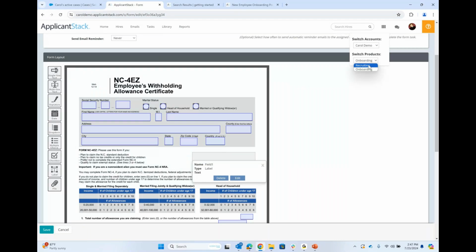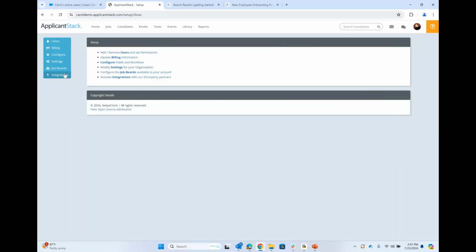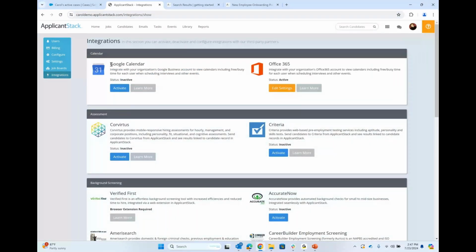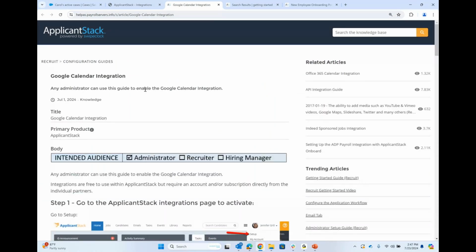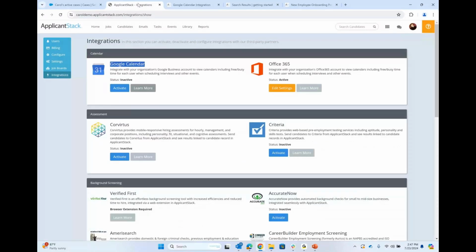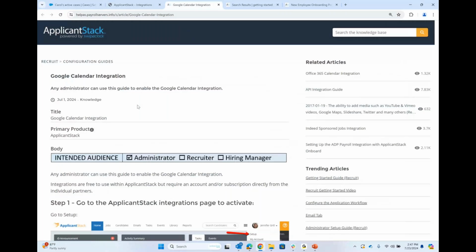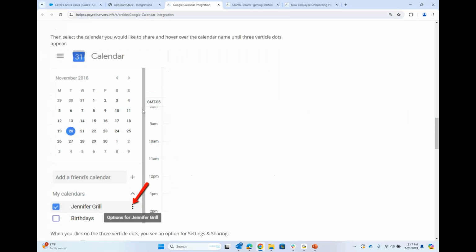And correct. So under our setup to integrations, we have the Google Calendar integration here. We can click here to learn more about that. Your ApplicantStack administrator user should have access to that integration section. There's a support article here with snapshots of how to set that up. And then when we go to schedule an event,